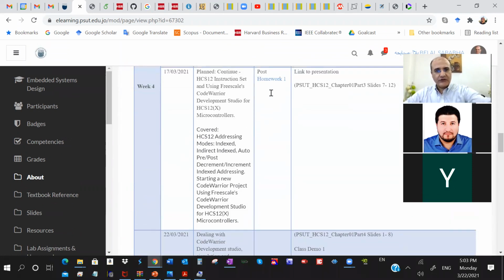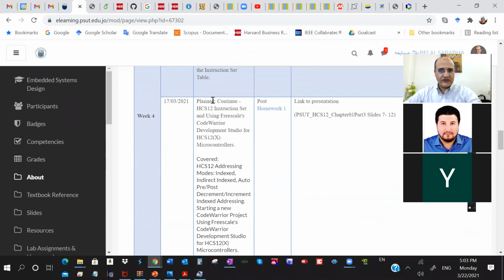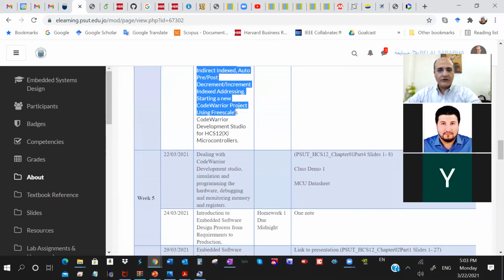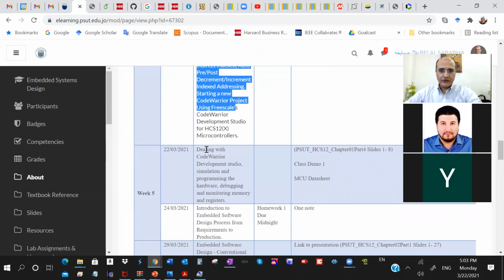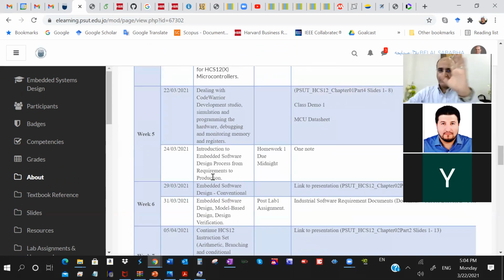So this is the plan, then this is what is actually covered. Today, our plan is to work with CodeWarrior Development Studio, build and simulate programs, debug, run them on the computer and on the hardware, the microcontroller, monitor registers, memory, and everything,